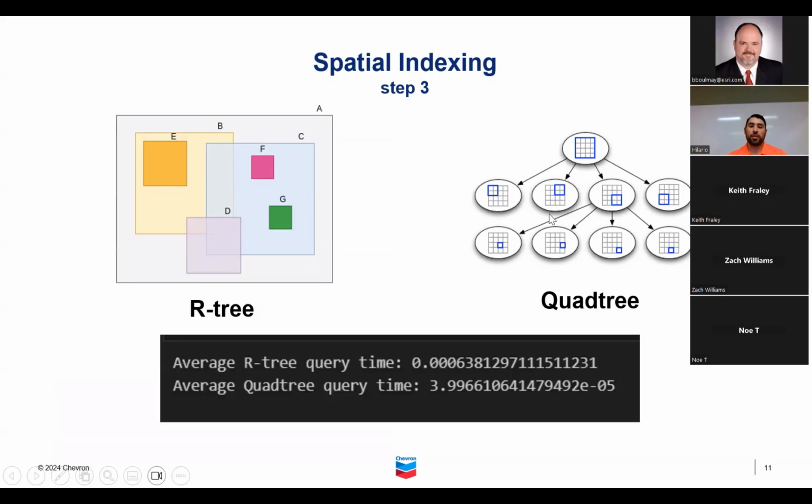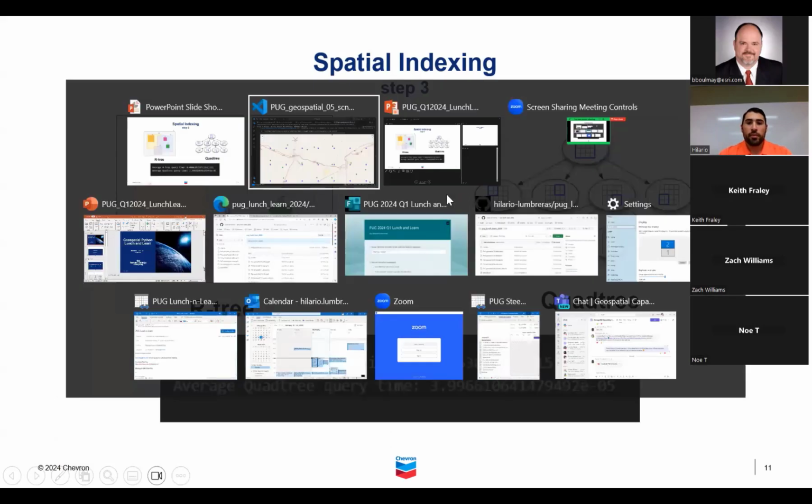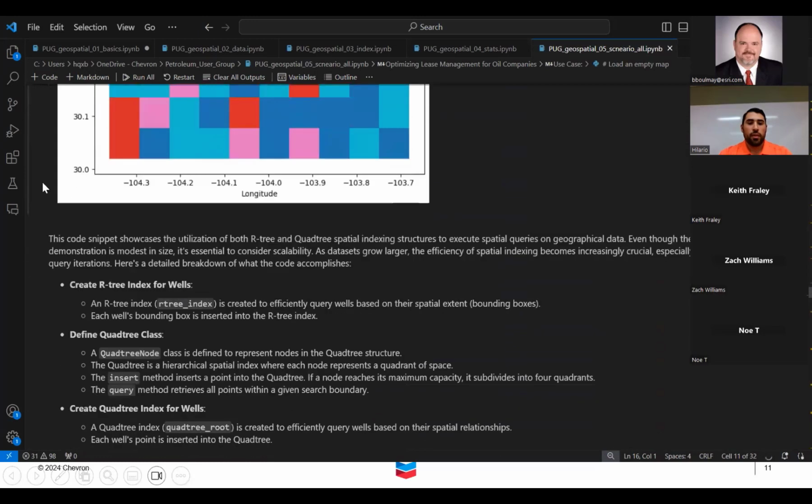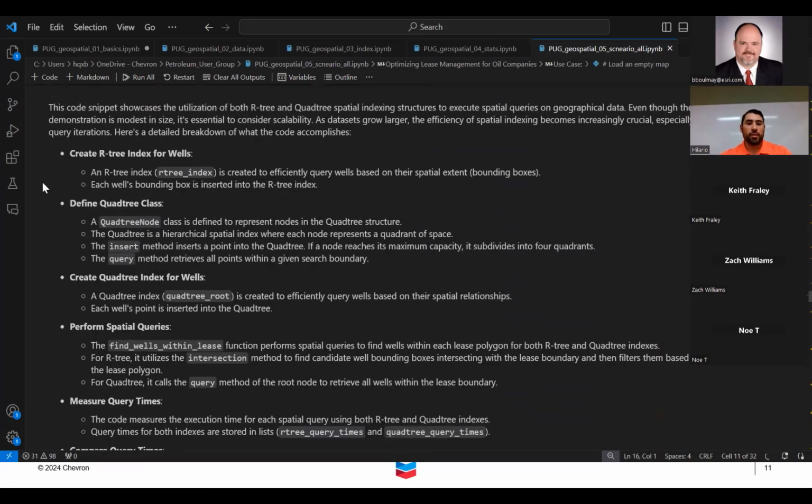And in our simple scenario, we're going to see that with our small amount of data, the R-tree query takes much, much less time than the quadtree. And while these are just seconds and it doesn't matter here, we know that there's not always just 500 points. Sometimes there's 1,000,000 points. Sometimes there's more than that. And sometimes we need to see all of this and be able to query all these points. So in our scenario, I talk a little bit more about the spatial queries, and we can get into this, time dependent, but just